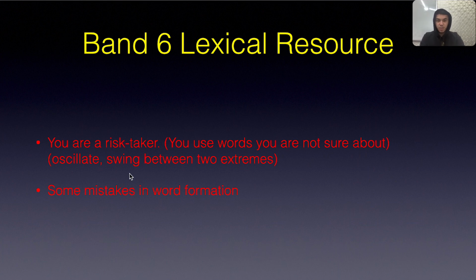One example is oscillate. Oscillate is an advanced word, but it's not really used in task 1, so just don't use it. Don't even look it up. Swing between two extremes is a nice expression. So if something swings between two extremes, I think it's pretty much self-explanatory. So I can't really come up with specific examples to explain the expression, but if something swings between two extremes,